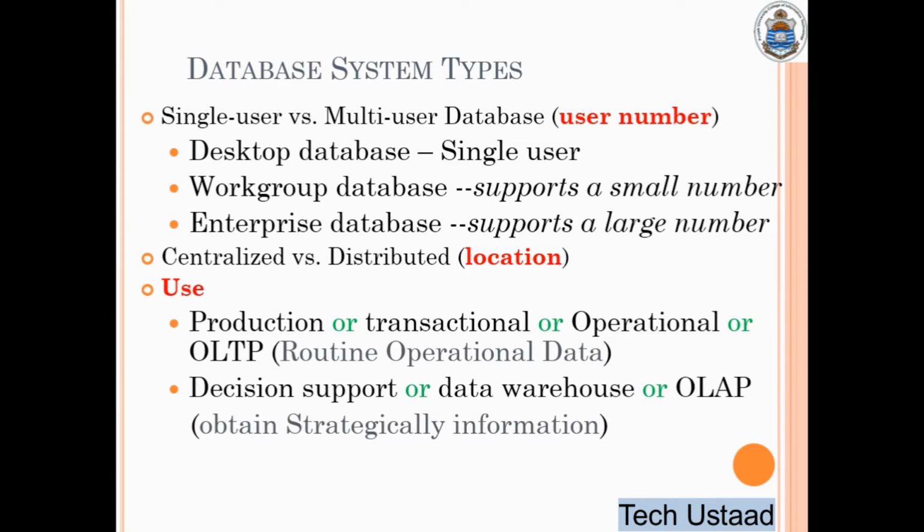Then we have an important type: the centralized database. It is the database of a system which keeps all of its data in one place. For example, if a bank has multiple branches, but it keeps its data in its main branch only, and the other branches fetch the data from the main branch via a network, we can say that it has a centralized database. On the other hand, if the bank decides to distribute its data among the branches, like it gives the data of a certain area to its branch of that certain area, we can say that it is a